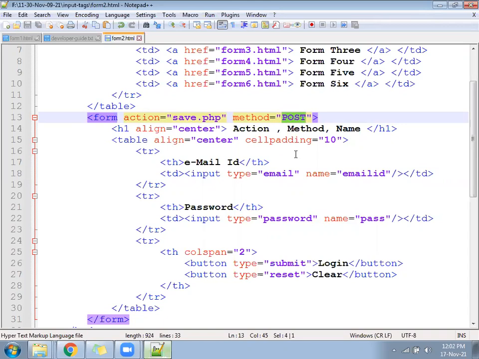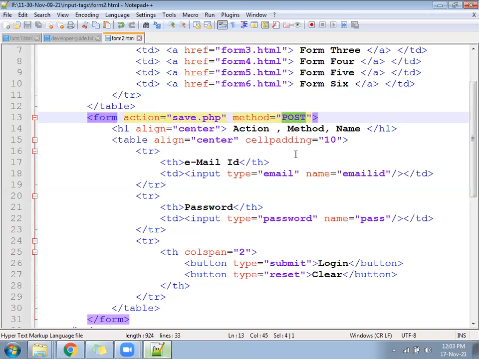For the data you are going to submit from your PC to the server, if your data is secure, then follow the post method. If the data is unsecure, then follow the get method. Two options are there: one is called get, another is post. Your project will be either secure or unsecure. So if the data you are capturing from the user is unsecure, then follow GET. If the data is secure, then follow POST. What get does and what post does, we'll see here. But if anyone asks, action means what? Action defines the path, the file name of the server-side language where you are going to submit the data.